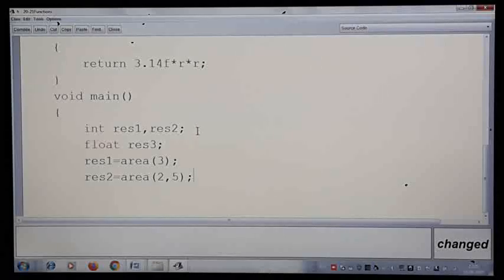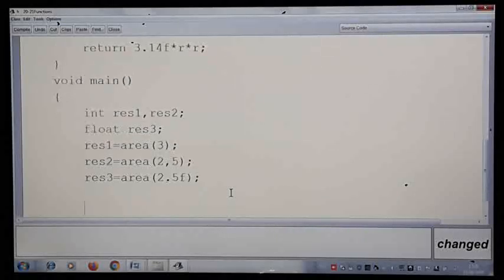L will take the value 2 and B will take the value 5. Then result3 is equal to area of, I'll give here 2.5f. So we have collected the answers in these three variables.